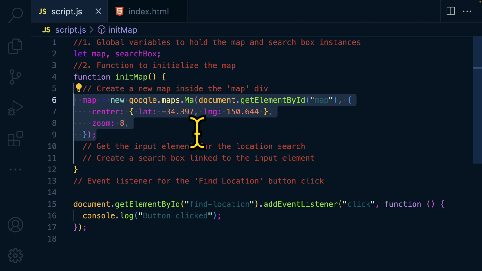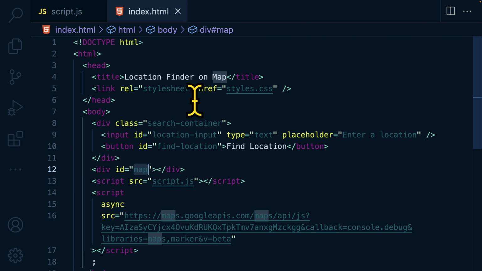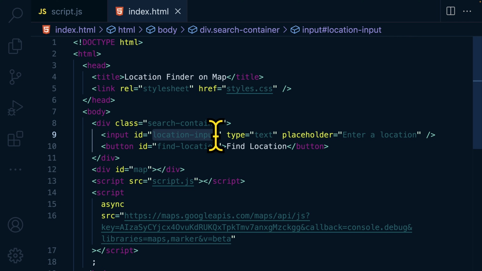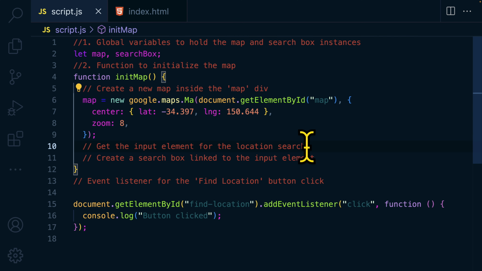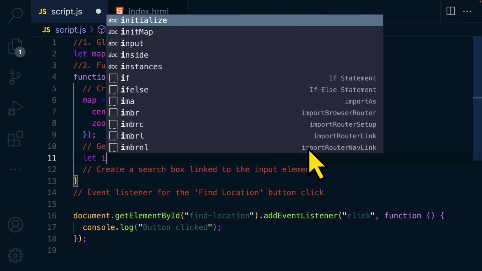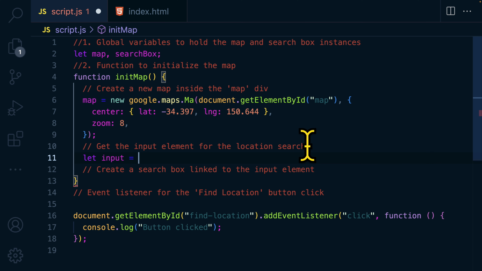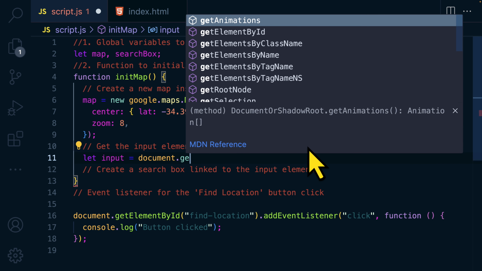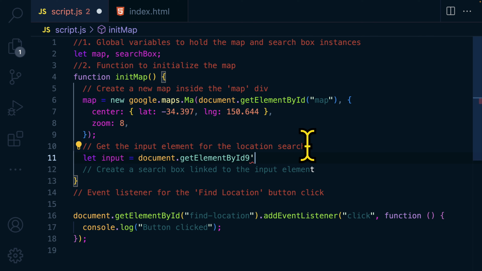The next step is to get the input element for the location search. We have it here as location input, which means that we want to grab what the user is typing in. So back here it is going to be let input equal to document.getElementById, and the ID is called